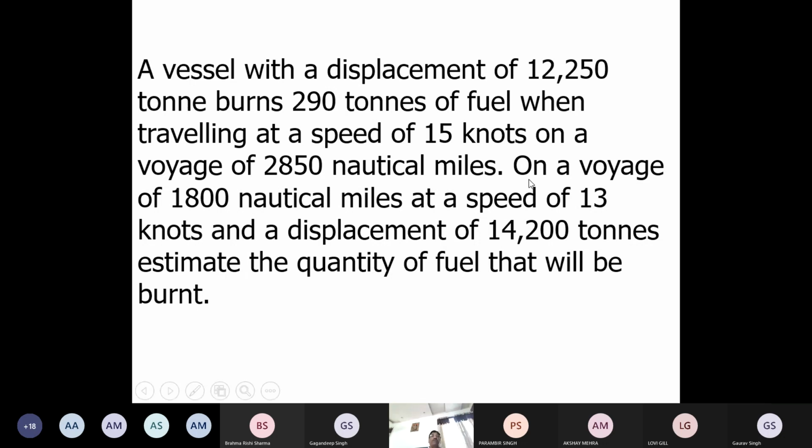Vessel with a displacement of 12,250 tons burns 290 tons of fuel when traveling at a speed of 50 knots on a voyage of 2850. On a voyage of 1800 nautical miles at a speed of 13 knots and displacement 14,200, estimate the quantity of fuel that will be burnt. Straightforward VC1 VC2 formula, फटाफट कर दीजिए क्योंकि टाइम भी होने वाला है।